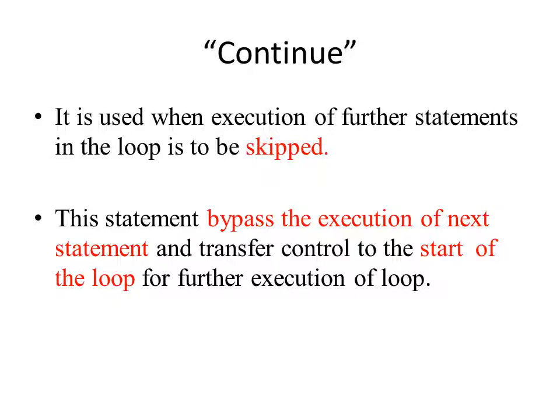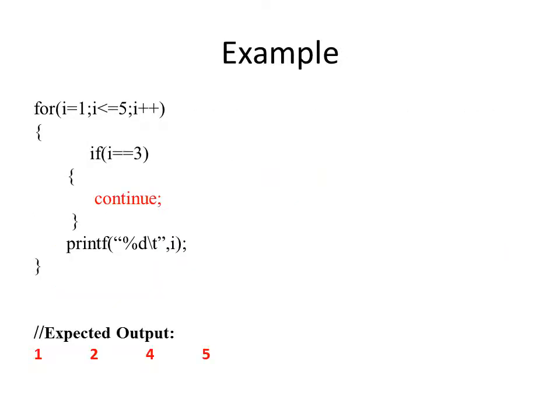How it works, I will try to explain with the help of an example. Here I use a for loop. Within that, the variable is taken as i. As we know, according to the syntax of the for loop, the first part is the initialization. So here variable i is initialized to the value 1. The condition is that this i value should be less than or equal to 5, and this variable after each iteration is incremented by 1. So this is about the loop.